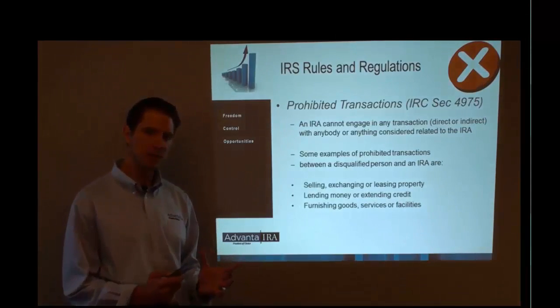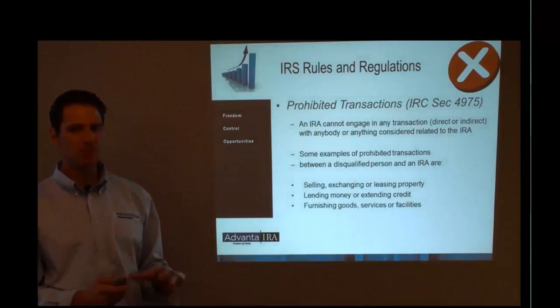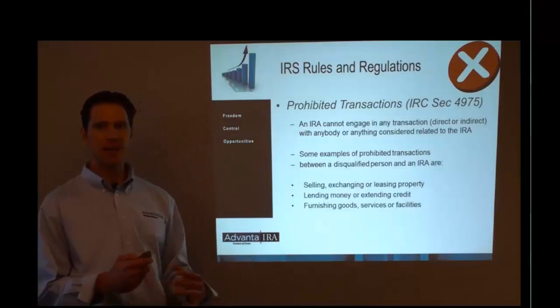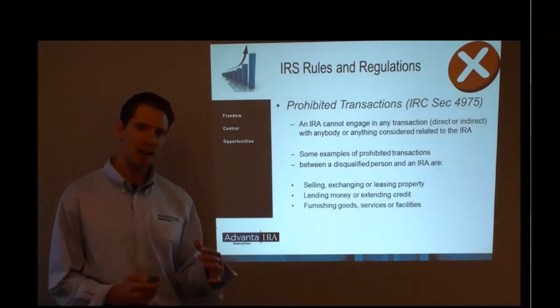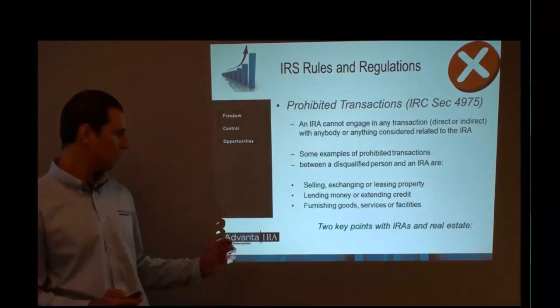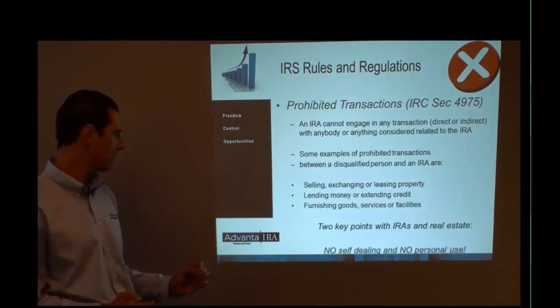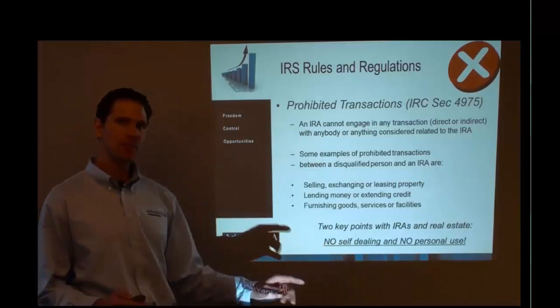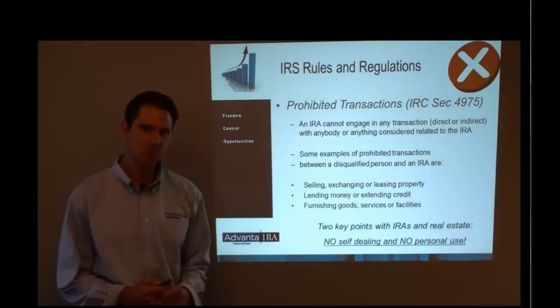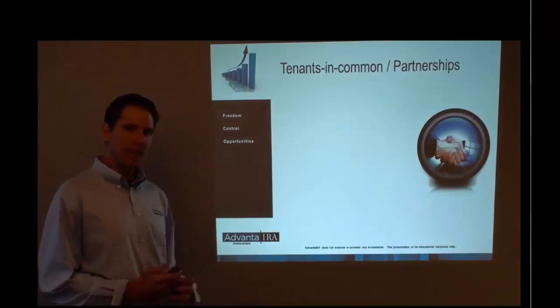The most important thing to remember is that your IRA is set up to benefit you when you retire and not before. So any type of transaction that would provide a monetary benefit to you prior to retirement is a prohibited transaction. Two key points with dealing with IRAs in real estate are no self-dealing and definitely no personal use. All real estate in a self-directed IRA must be for investment purposes only. You can, however,